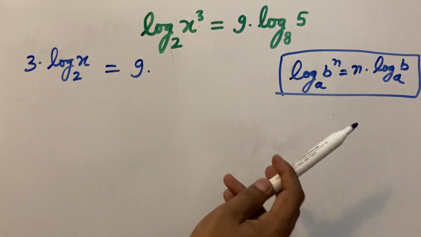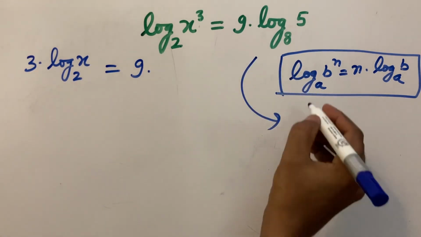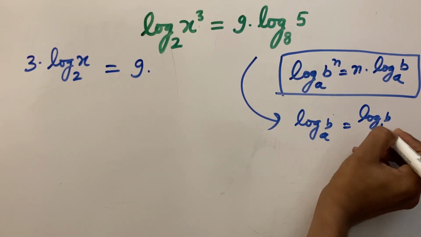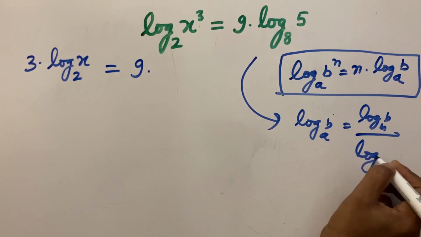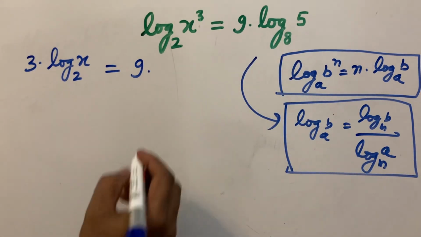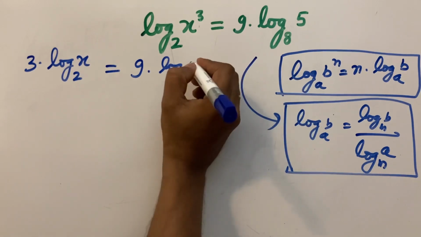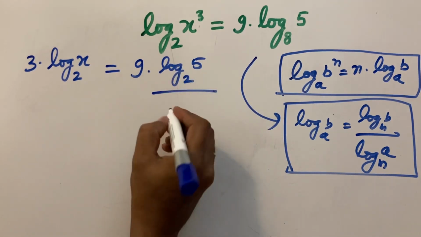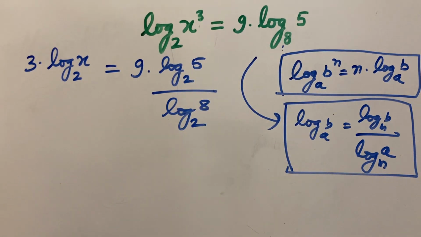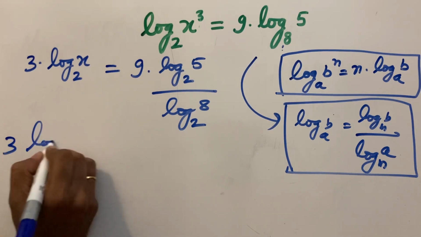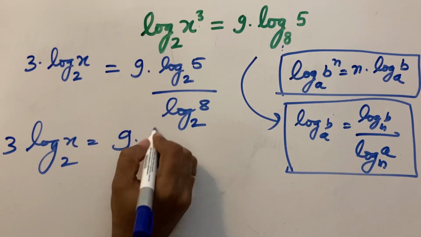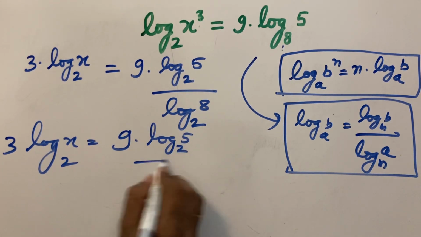8 to 2 by using the rule, that is log b to base a is equal to log b base m divided by log a base m. So this simplifies to log 5 base 2 divided by log 8 base 2. So this simplifies to 3 log x base 2 equals 9 log 5 base 2 divided by log 8 base 2, and 8 is